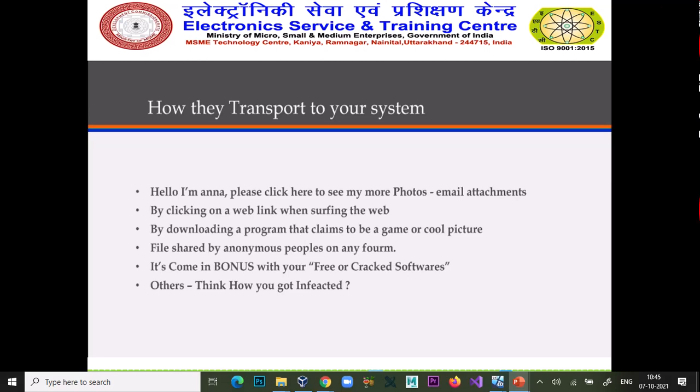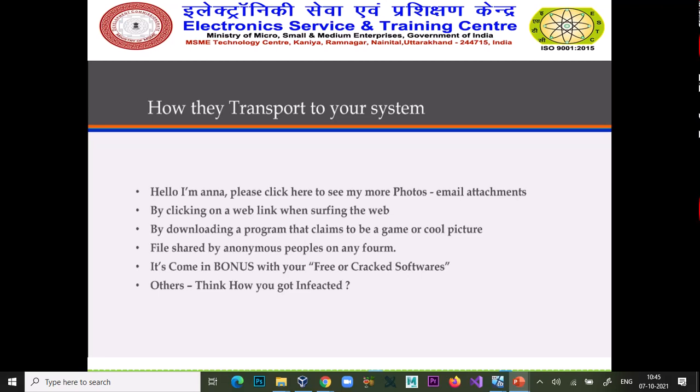If anyone downloads that harmful file, their system will be compromised. These are the ways malware is transported to your system.